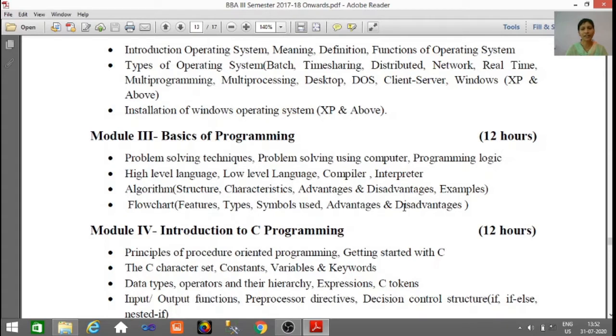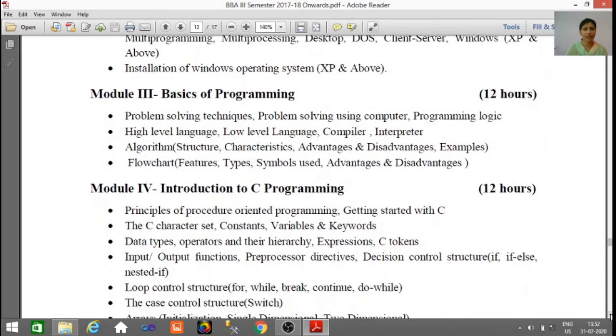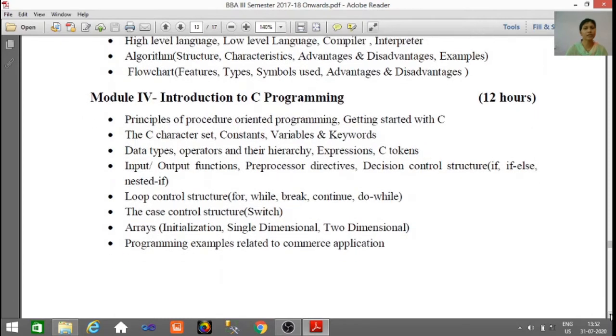Then advantages, disadvantages. See here, if you want to make any software, we will first design a rough diagram of that software, meaning we can draw the rough flowchart of how that software will work. Later we will write the coding of that software. Then fourth module is C programming. See here, this is a very big module in this subject and a very important module. On this module you have a 50 marks lab. 15 programs you have, and one compulsory 10 marks program surely comes in question paper.